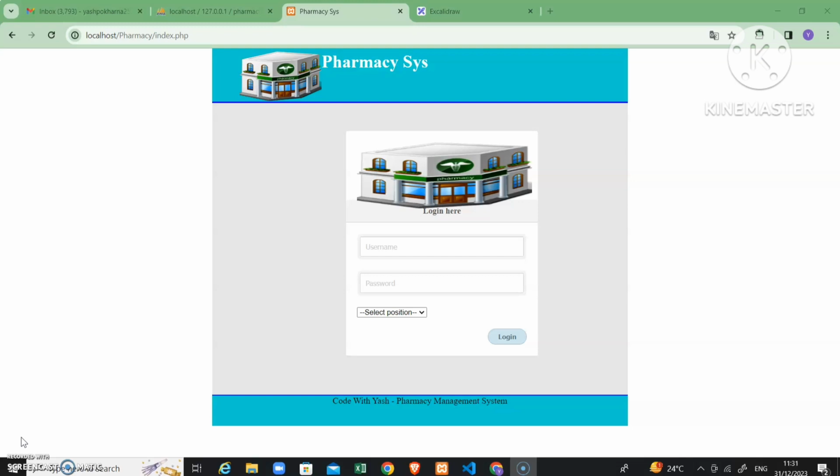So first of all, this website is useful for a particular pharmacy store where there is one admin, one pharmacist who shows us the medicine and gives the prescription, one cashier who takes the money, and one manager who manages all these operations in the pharmacy store. So in this project, there are four panels: admin panel, pharmacist panel, cashier panel, and manager panel. Before seeing the demo, let us see how each of these panels will work.